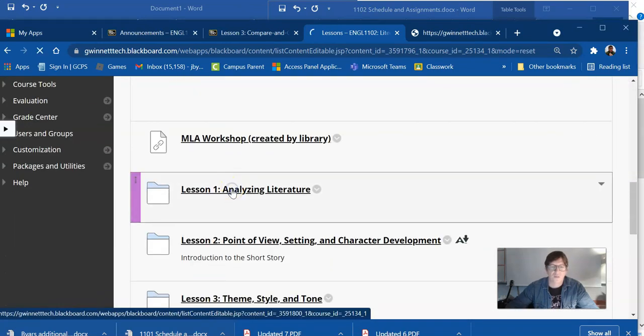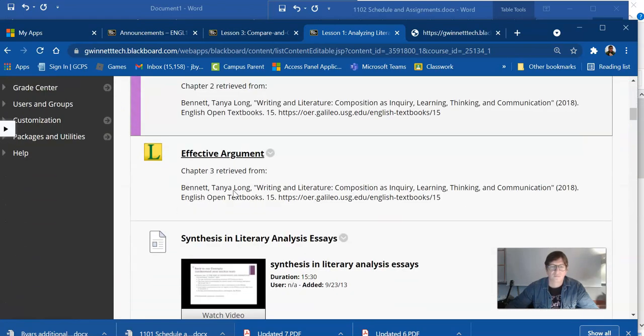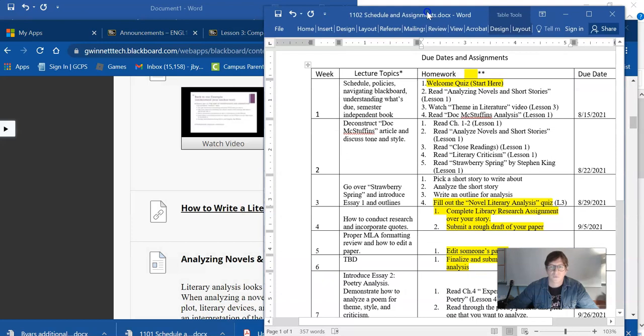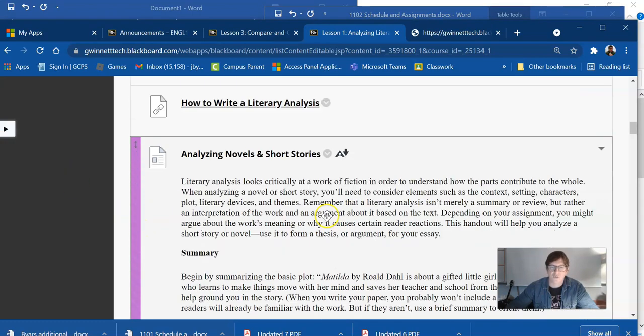Okay, go to lesson 1. And so it says to read analyzing novels and short stories. So this right here, analyzing novels and short stories.